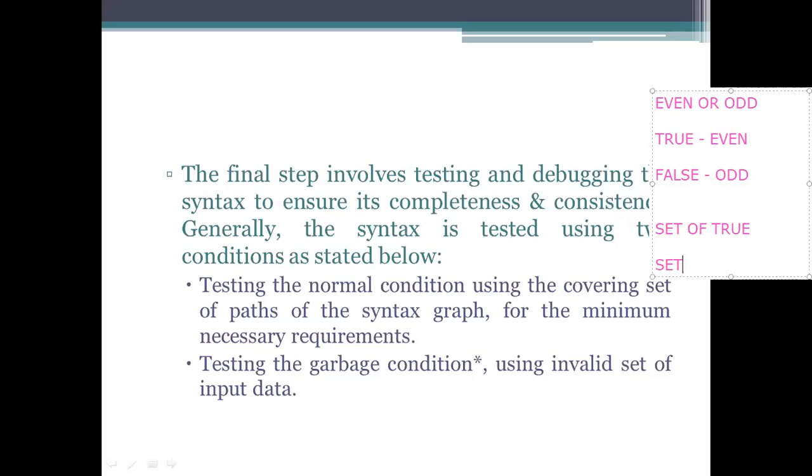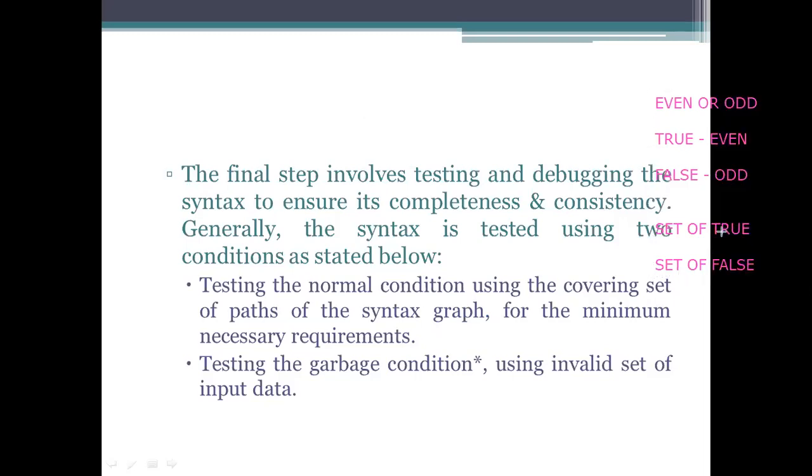So if you go for the set of false statements, these statements won't execute the false block. See here, these set of values, what this arrow mark indicates is they are the wrong inputs for the true block, wrong inputs for this processing.